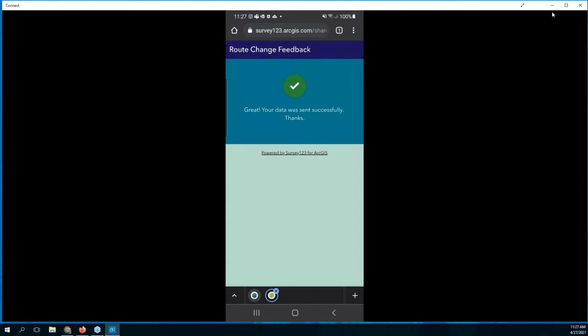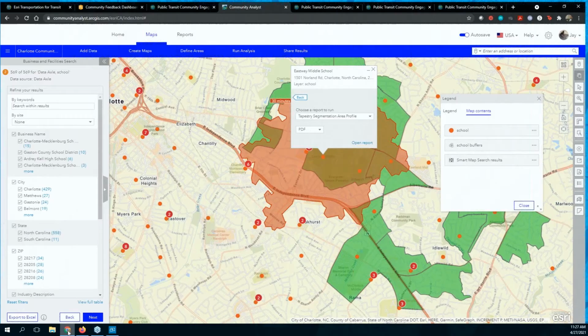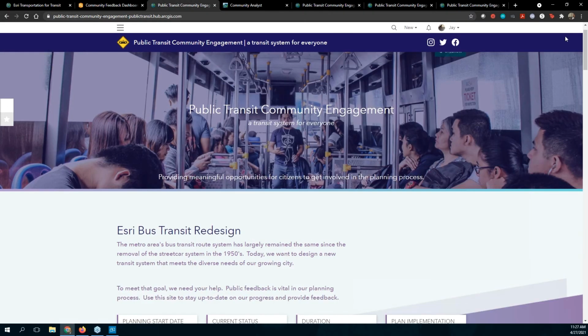Okay, so let's leave. You can make these surveys as simple or as in-depth and complicated and involved as you want. Which will show throughout, and as Jay is showing, everything is highly configurable, right? So even out of the box, there's no coding required. It's very configurable, and you just decide the elements that you need in it, and you can push those out